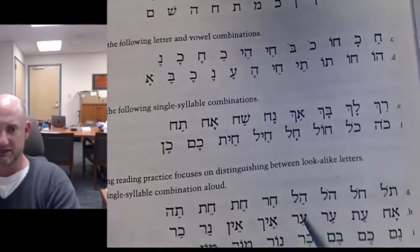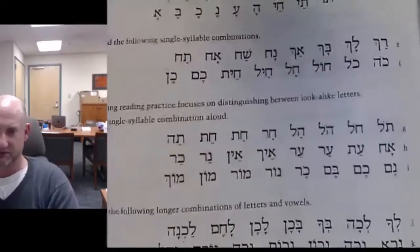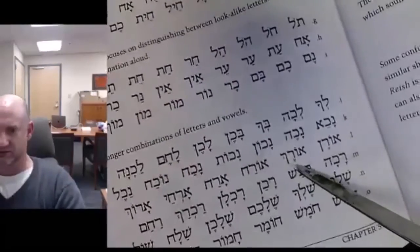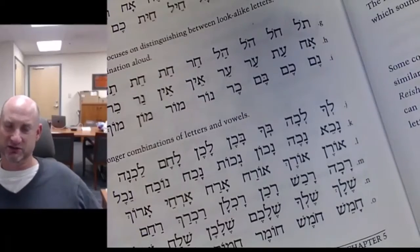And then now let's get a little bit more fancy with our syllables. And then now let's put together longer words. And that's where we get down here. Let's try reading some of these longer